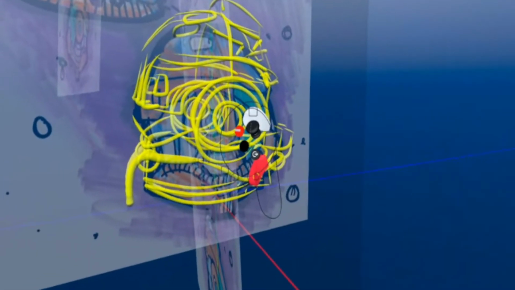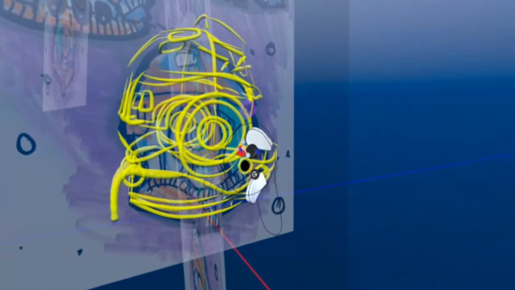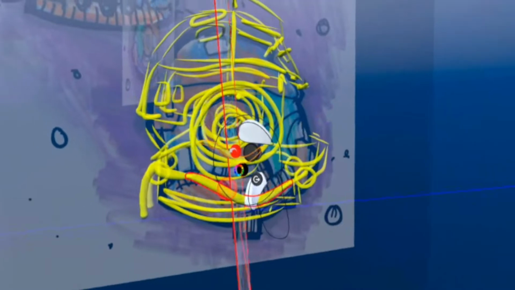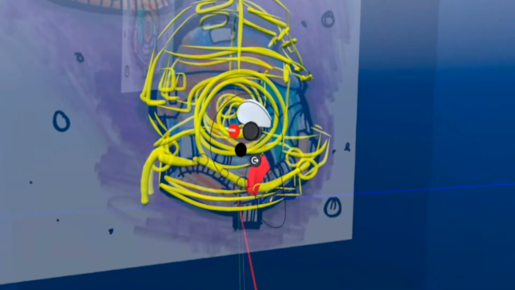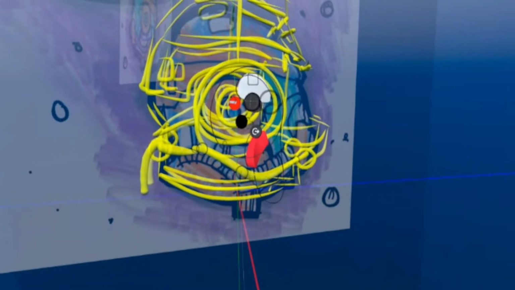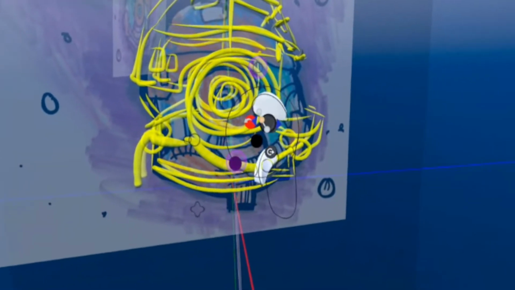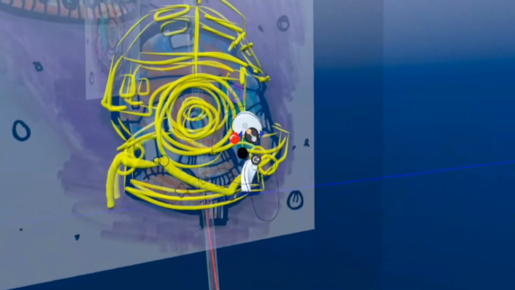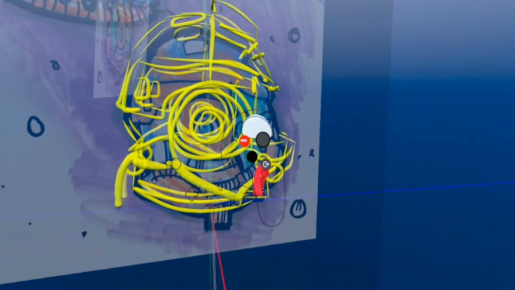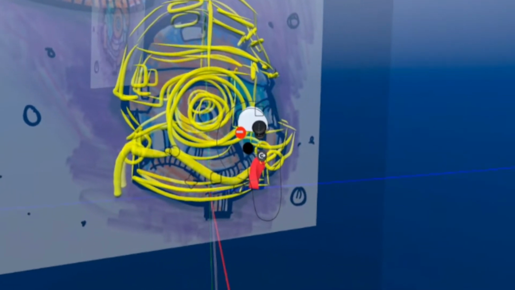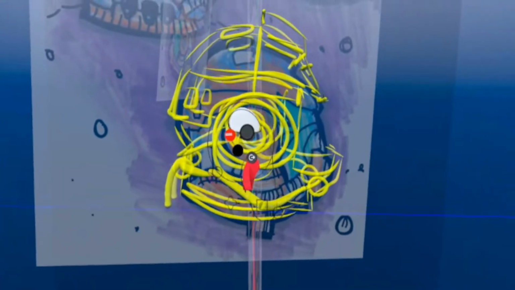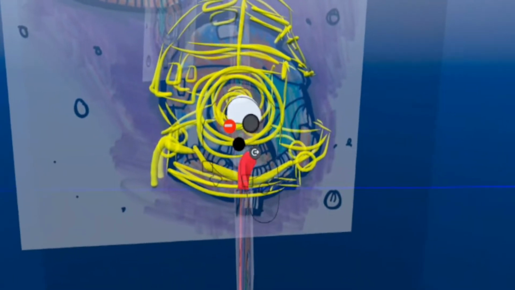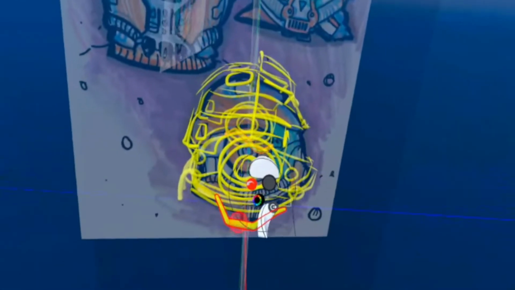Okay, that's up and down, and then left and right is right. Okay, so if you do so you can get,